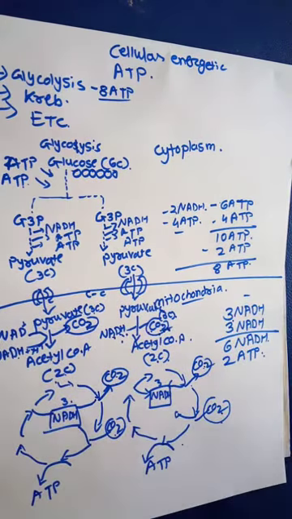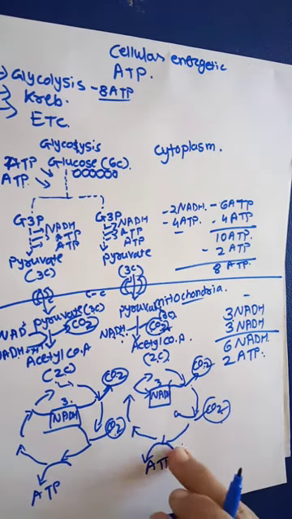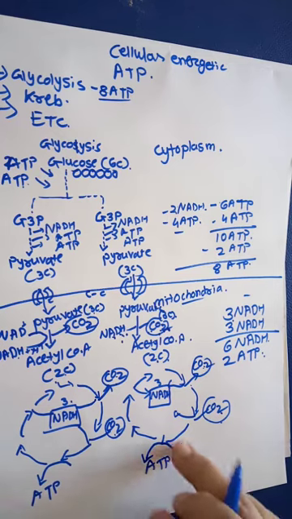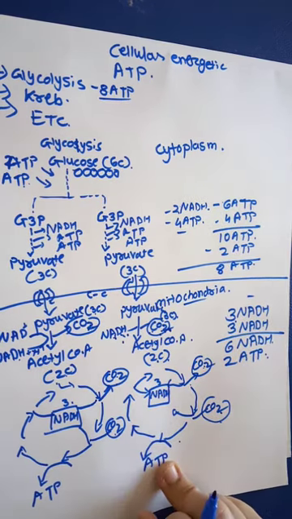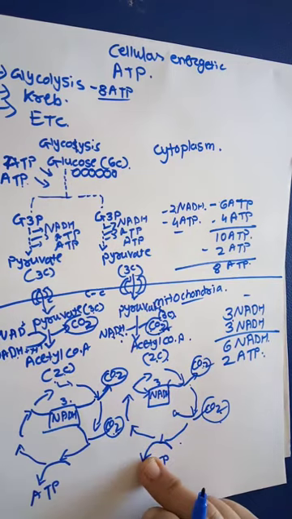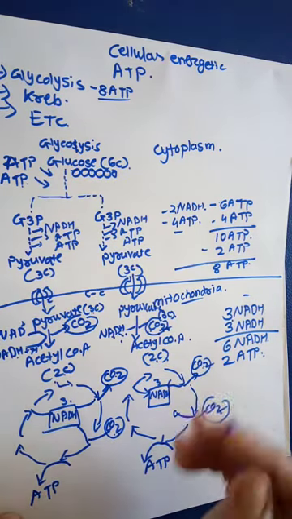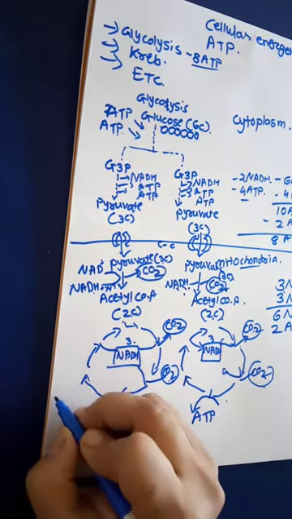NADH will undergo a series of steps, and after that we will get the ATP molecule. Here we are directly getting the ATP, so this step is known as substrate level phosphorylation. We are directly getting the ATP in the form of cash, and this NADH is a check. Okay, one more check we will get here in the form of